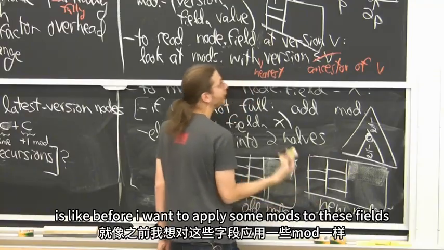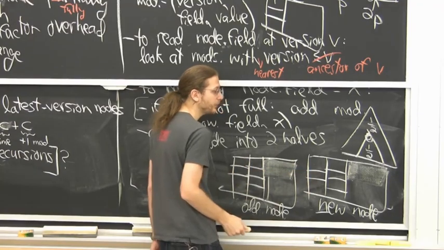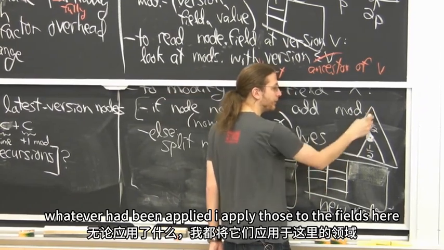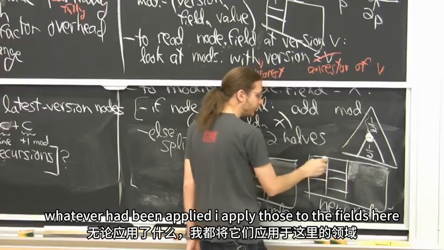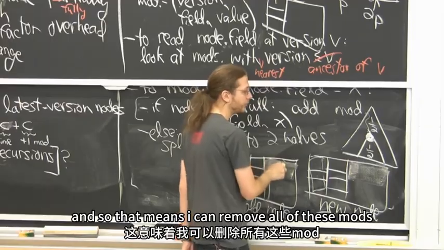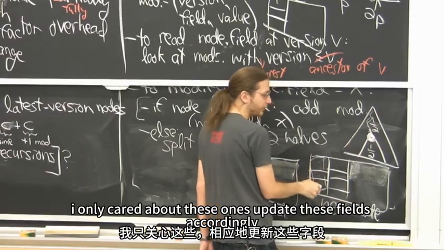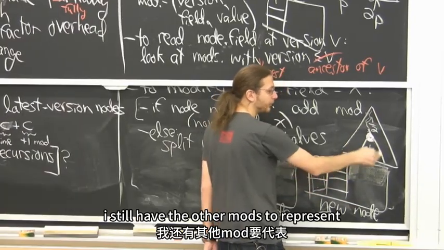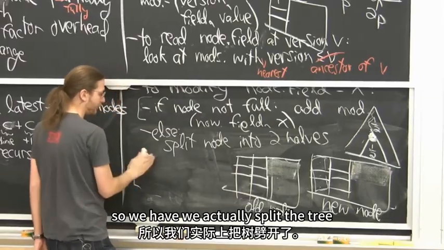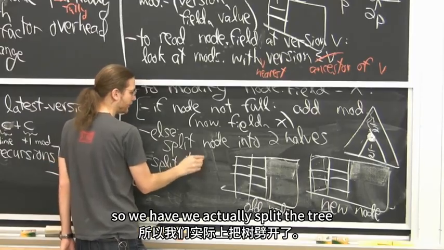So what I'm going to do is, like before, apply some mods to these fields. I do whatever mods were relevant at this point, whatever had been applied, I apply those to the fields here. And so that means I can remove all of these mods. I only cared about these ones. Update these fields accordingly. I still have the other mods to represent all the other changes that could be in that subtree. Okay, so we actually split the tree,